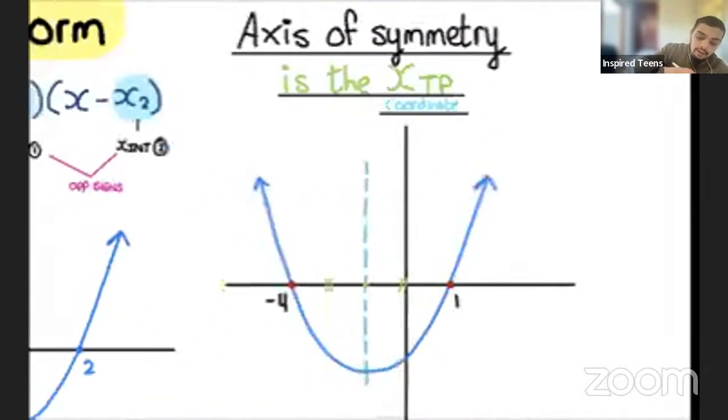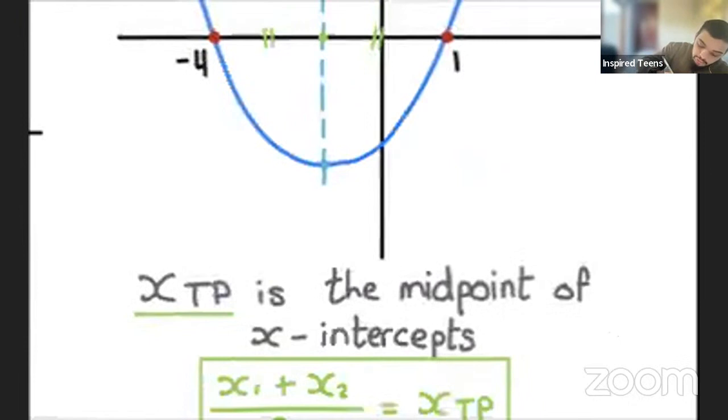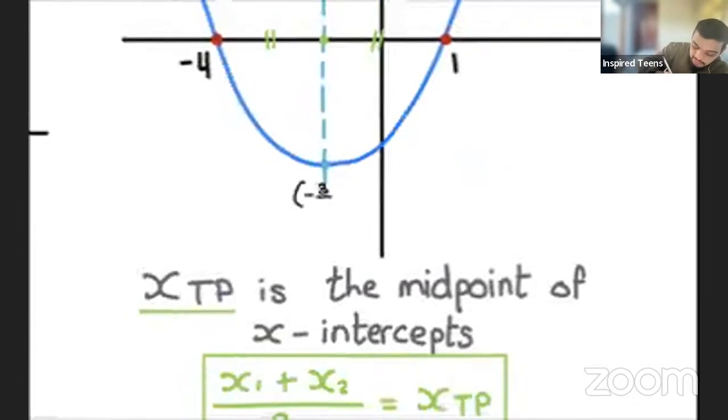So in this case, I could calculate the specific x turning point. XTP is equal to -4 plus 1 over 2, which is equal to -3 over 2. So the x turning point here is -3 over 2,